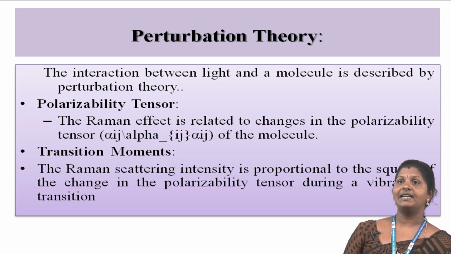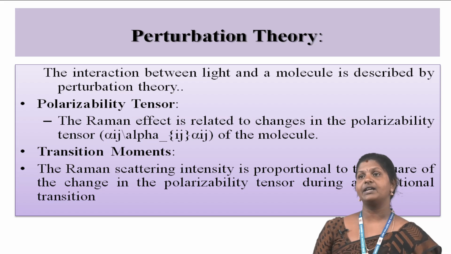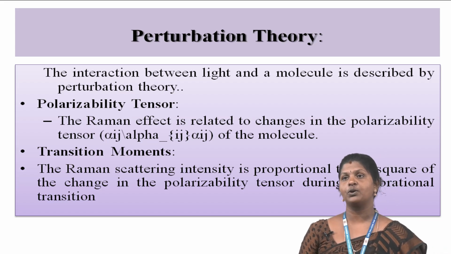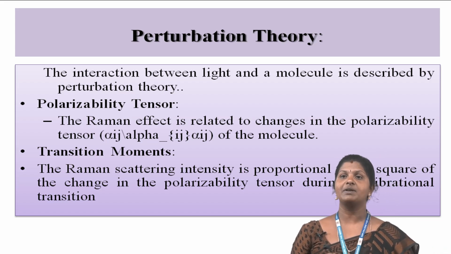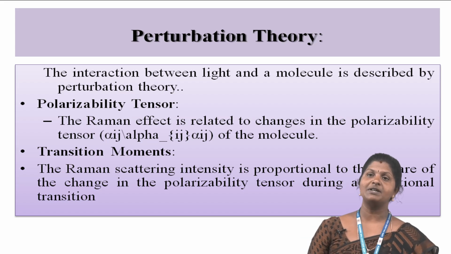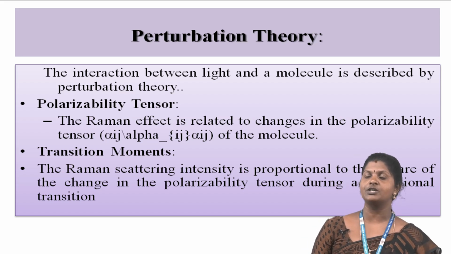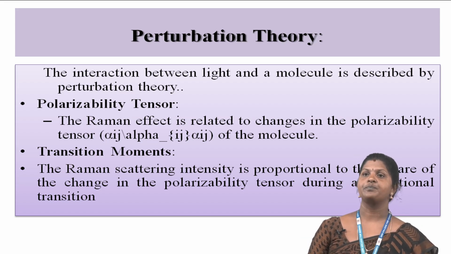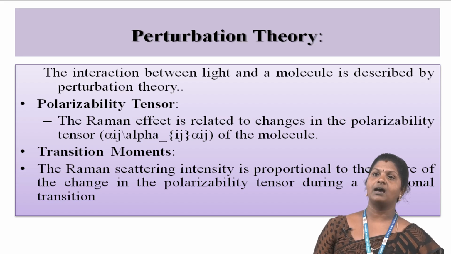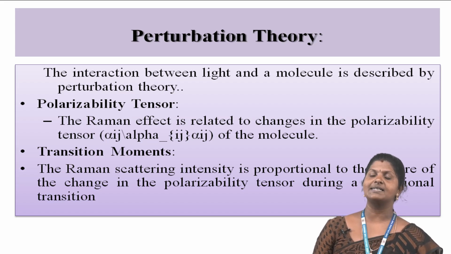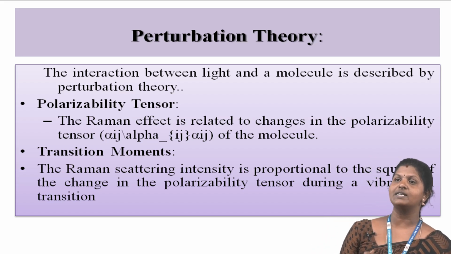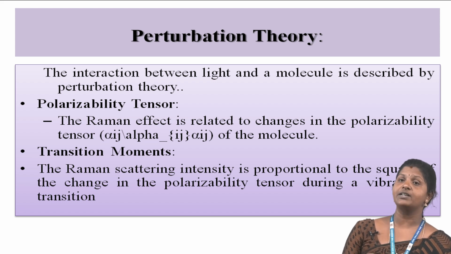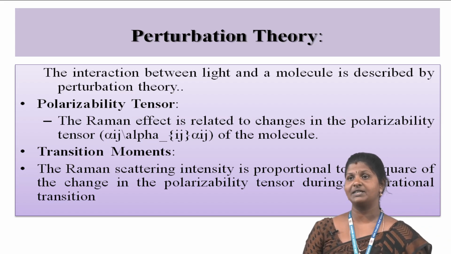The interaction between light and a molecule is described by perturbation theory. The electric field of the light induces a dipole moment in the molecule, which causes transitions between different energy levels. The Raman effect is related to changes in the polarizability tensor, alpha, of the molecule. The polarizability tensor describes how the molecular electron cloud is distorted in response to the electric field. Then the transition moment in Raman scattering intensity is proportional to the square of the change in the polarizability tensor